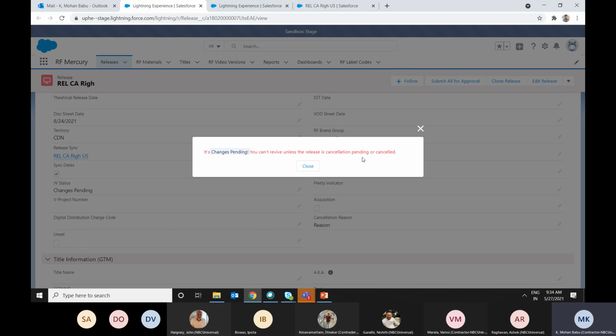So what are the changes happening in the release from the UPG team will be observed by the JV team through the task which has been created. They will see the cancellation pending task. Once they complete that task, it will get cancelled here.